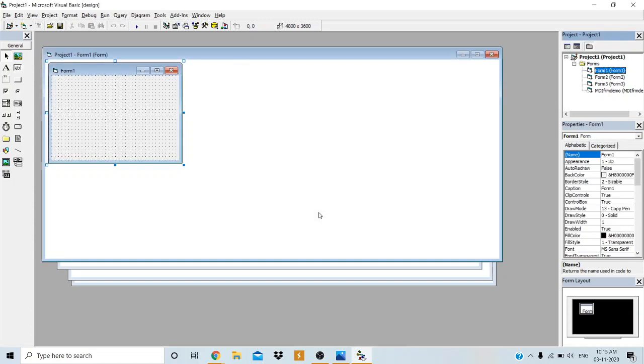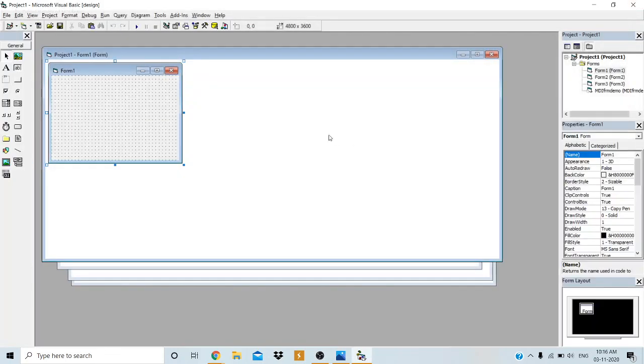Then click on OK. Now when you run the application here, the MDI form is displayed and we have set the property to maximized, so it is maximized here. But are its child forms appearing here, are there any child forms present? No, sir. So we have to set the child forms.